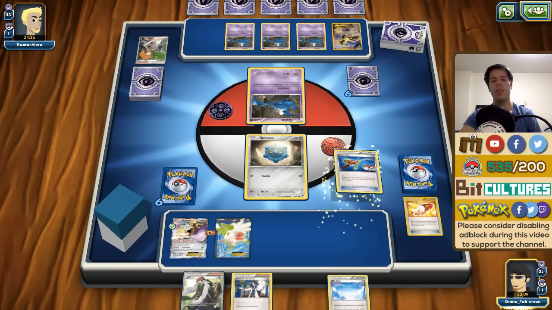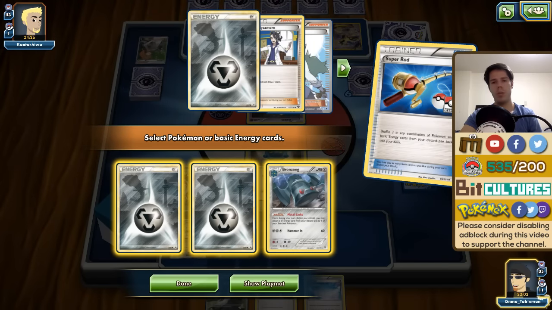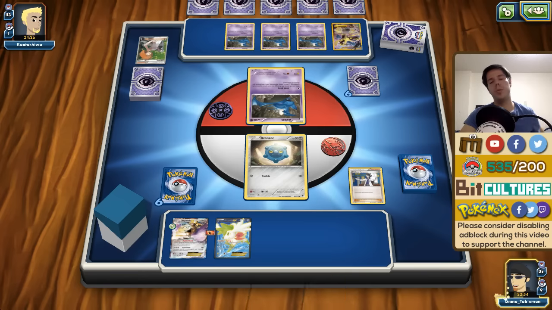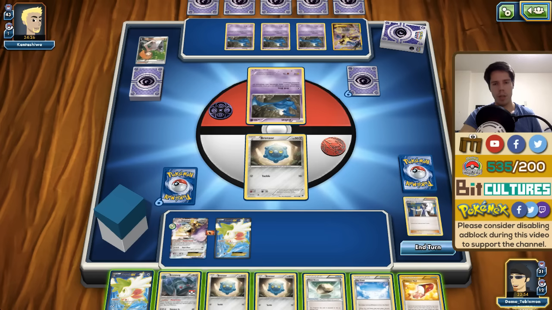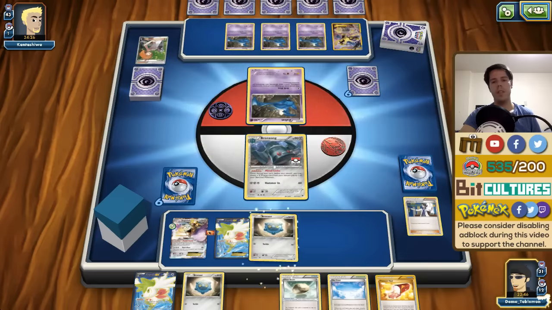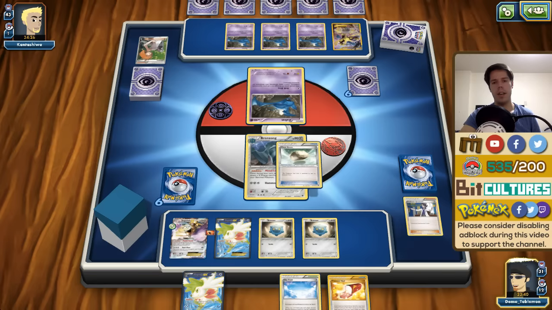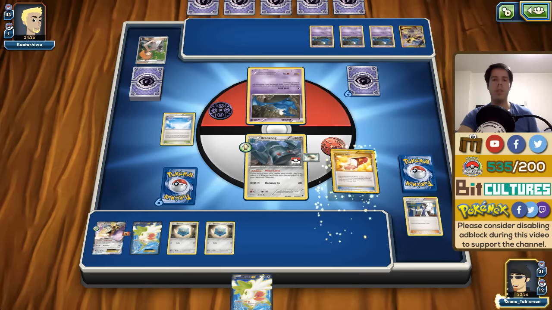Now unfortunately, because I did play the Super Rod, because you cannot choose less than 3 cards with Super Rod, 2 of the energy I just put in my discard pile, thanks to Compressor, I'm gonna have to put them back there. I do get a Bronzong, which is nice. Still no energy though. Still no energy. Now you would assume my opponent has Counter Stadium, so I'm gonna bench that. Gonna play the Trainer's Mail just so that I can